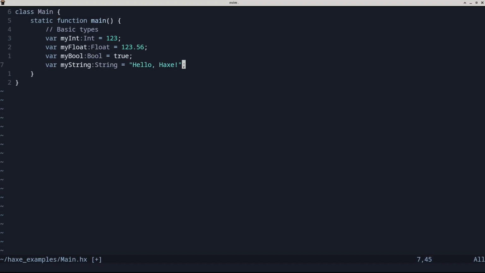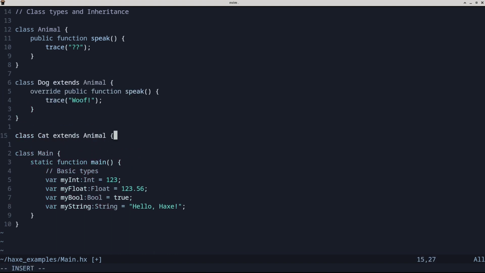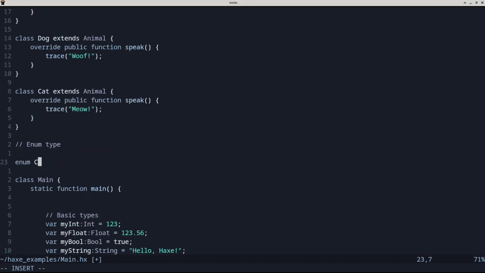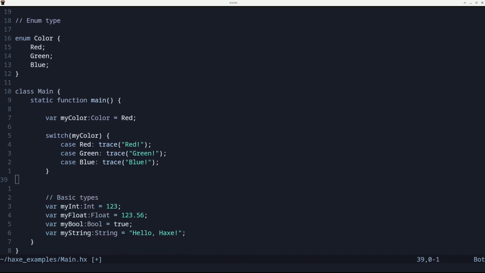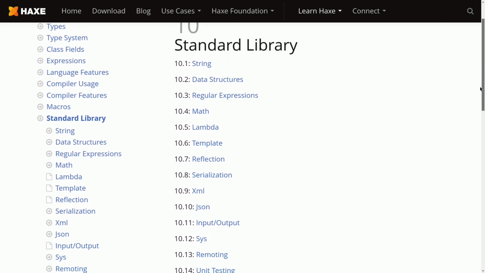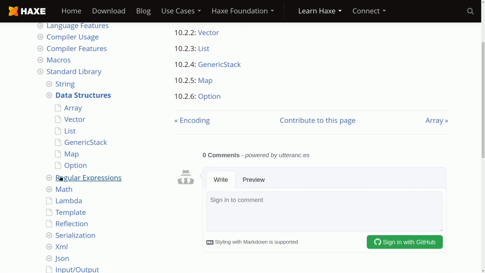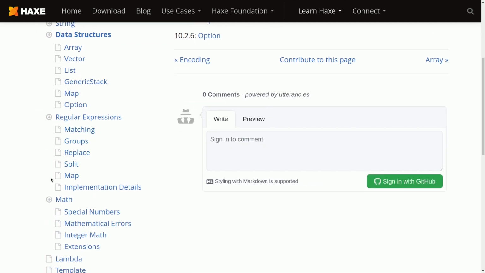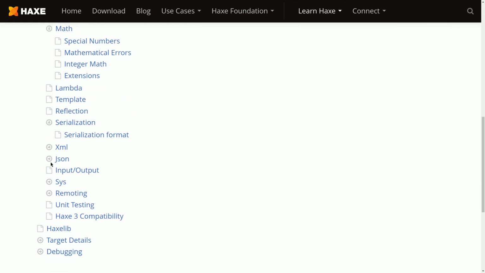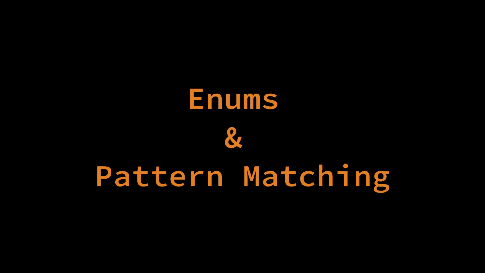Type system. For one, it exists. Since Haxe can be transpiled to dynamically typed languages such as JavaScript and Python, it enables writing type-safe code for platforms supported by these languages. It can be used as an alternative to TypeScript, for example. Standard library. The Haxe standard library is incredibly rich. It provides things like string manipulation, data structures, parsing and serialization for JSON and XML, utilities for standard I/O, file operations, networking, and more.